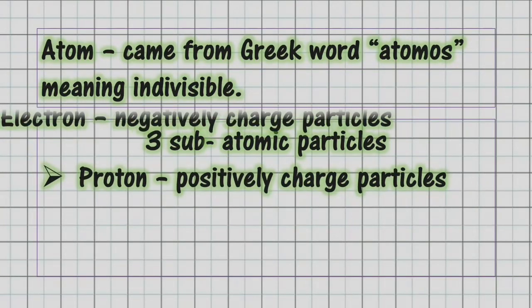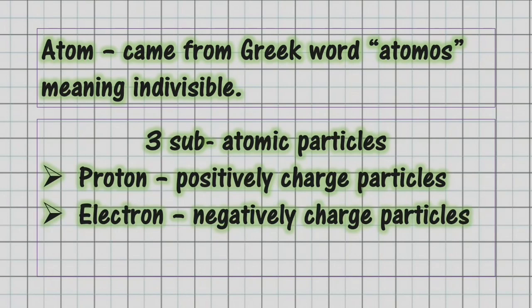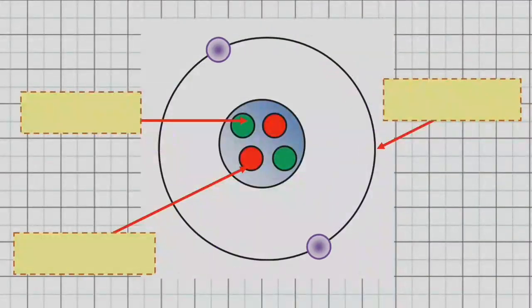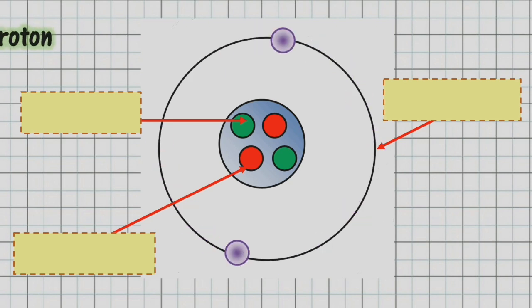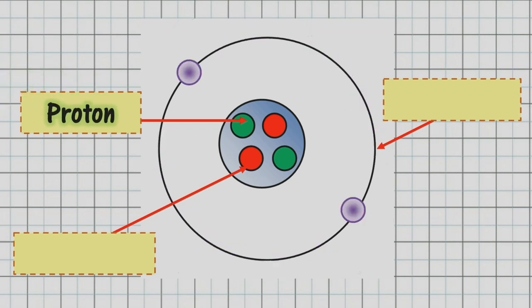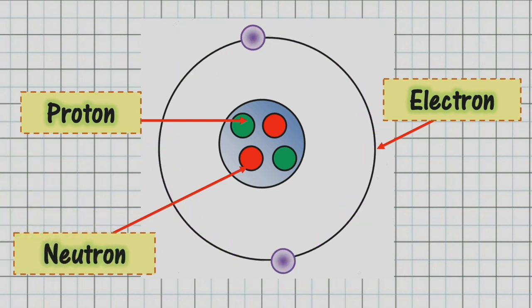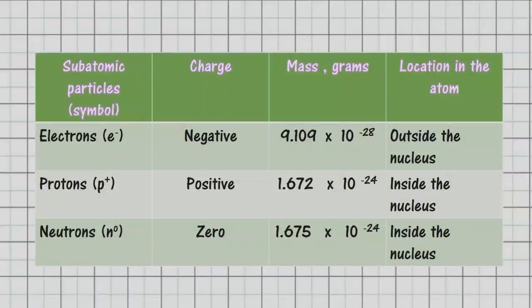It has three subatomic particles, namely the proton, which is the positively charged particle, the electron, the negatively charged particle, and the neutron, which is neutral in charge or zero in charge. A sample of an atom showing the three subatomic particles is shown on your screen. So we have here the proton, electron, and lastly, the neutron. As you observe, protons and neutrons are located inside the atom, while electrons are circling on their orbit outside the